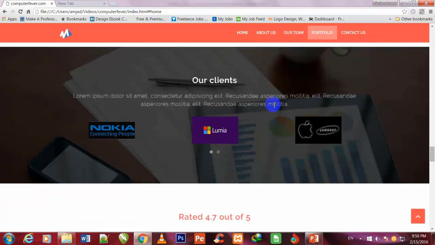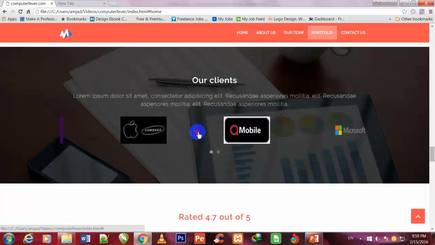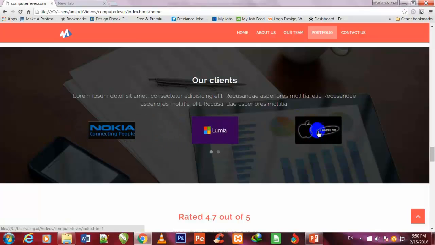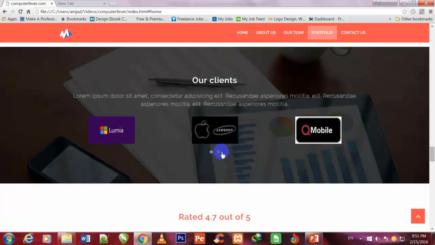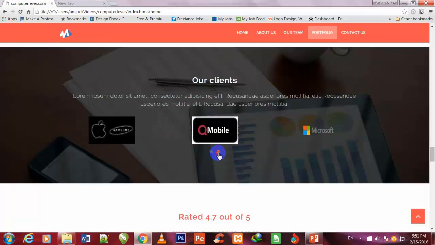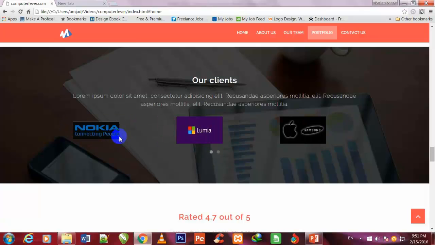So if I scroll down, then this is our clients section, and it is also running this slider. Slider is also running over it.